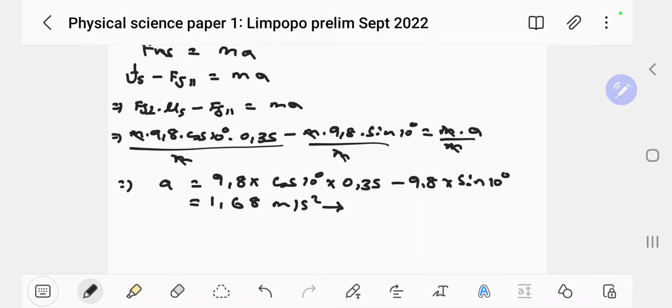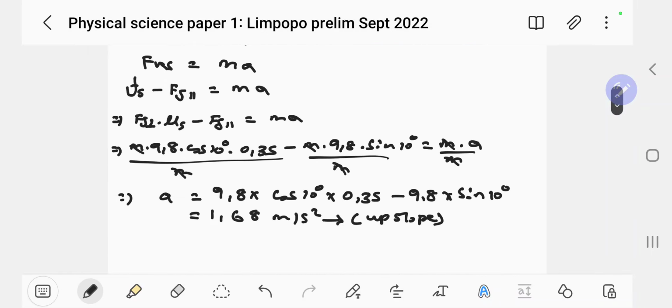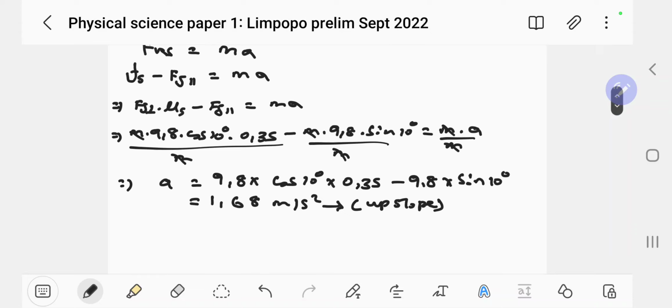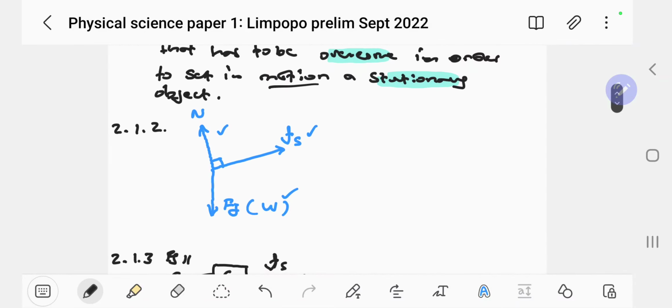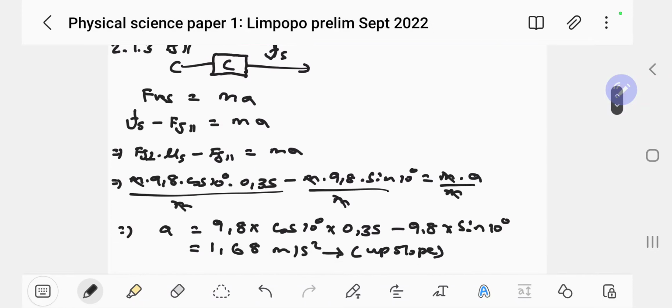Just use an arrow. You can just say upslope, but they said magnitude, but I always treat a vector as a vector, so you can just say upslope. So this is how you can deal with this question. Okay, makes life a bit easier, but you need to be very strategic and very crafty, otherwise this can hurt if you don't approach it in a way that makes life a bit easier. So again, studying the diagram and understanding what is going on will help a lot. And then of course, previous experience from previous practice will make the difference. So yeah, that is it.